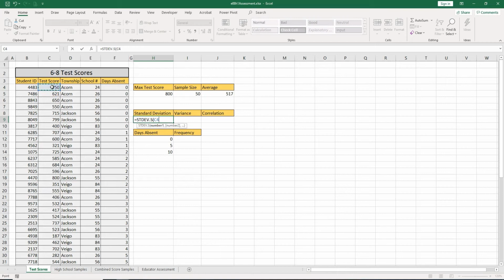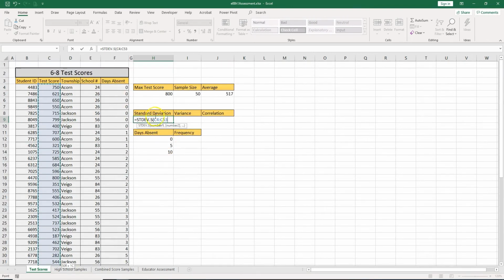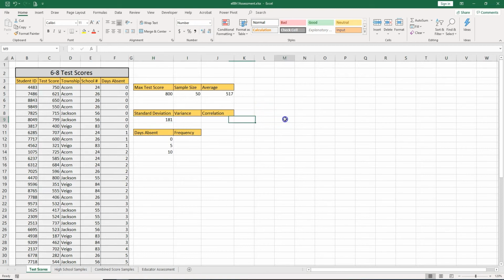So we start from the top, Control Shift down. We got all the test scores, C4 to C53. Let's go ahead and remove all the decimal places from here. Let's understand what exactly the standard deviation is. If I take the average and I add up the standard deviation, that would be the maximum. And if I take the average and go down by the standard deviation,